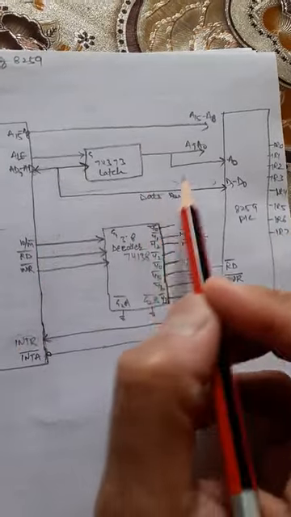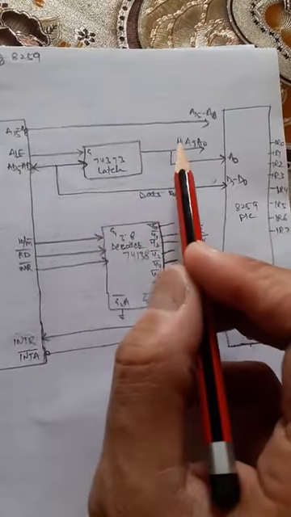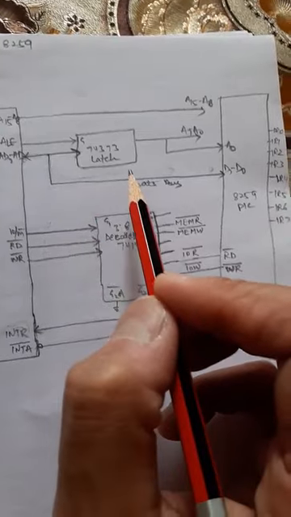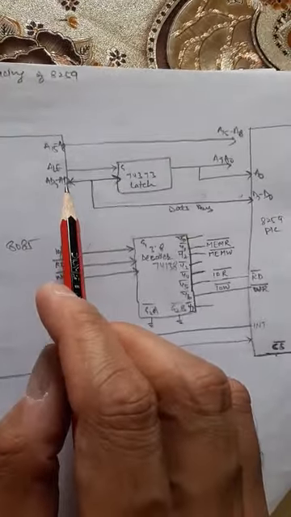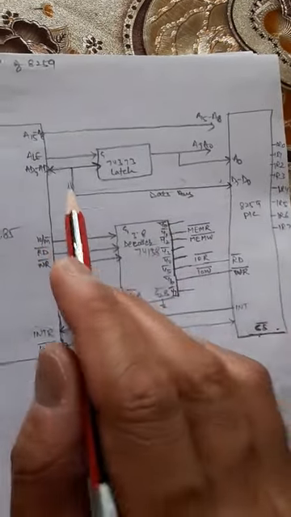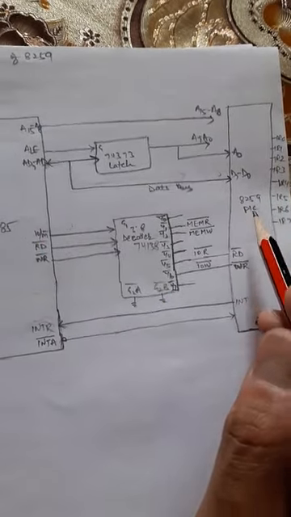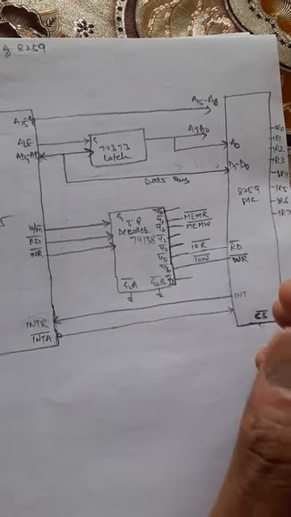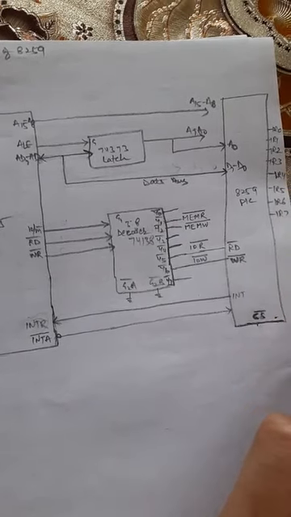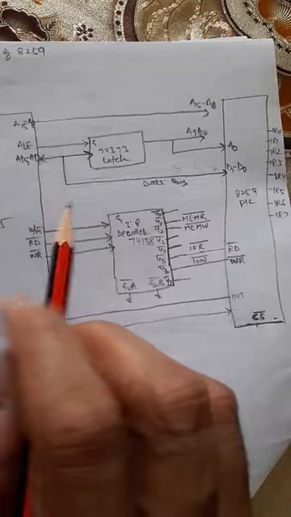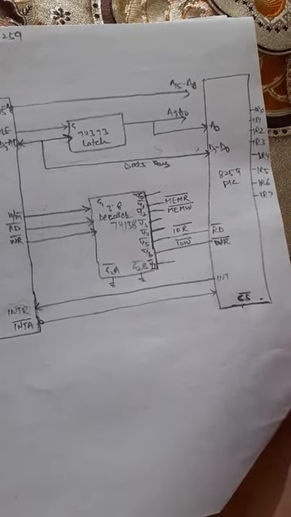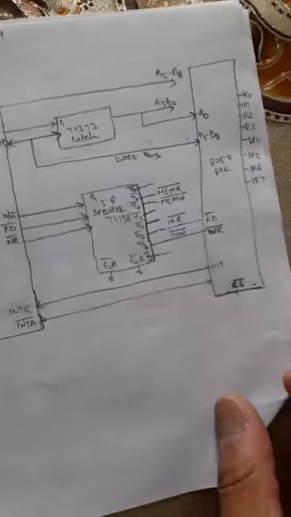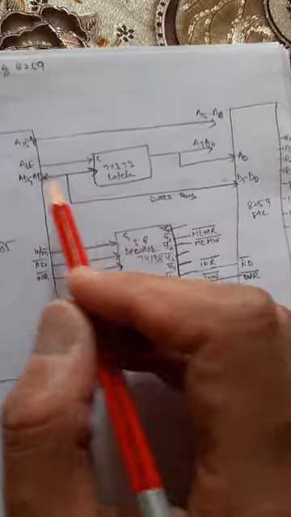This is the same thing which we have done in the demultiplexing of the address and data bus. Okay, so what are the commands through which the MPU initializes this 8259? Those are the initialization command words or operational command words. The initialization command words will initialize this 8259, and during the operation the MPU will send the operational command words. Okay, that I will explain within a minute. So see here, first I explain this.